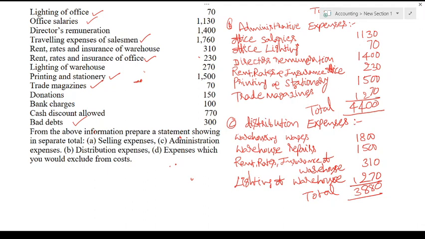Now what are the items in the given problem which are not going to be included in the cost sheet? We have discussed the cost sheet elaborately, and some of the items which we have not come across in the cost sheet are included in this problem. They are to be identified and written separately.